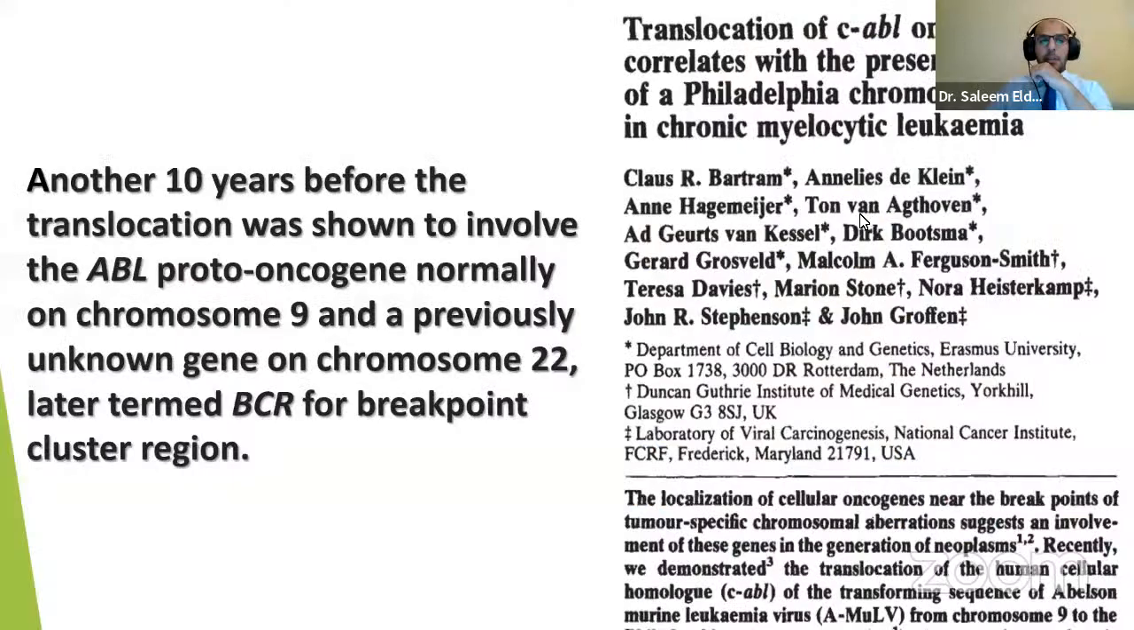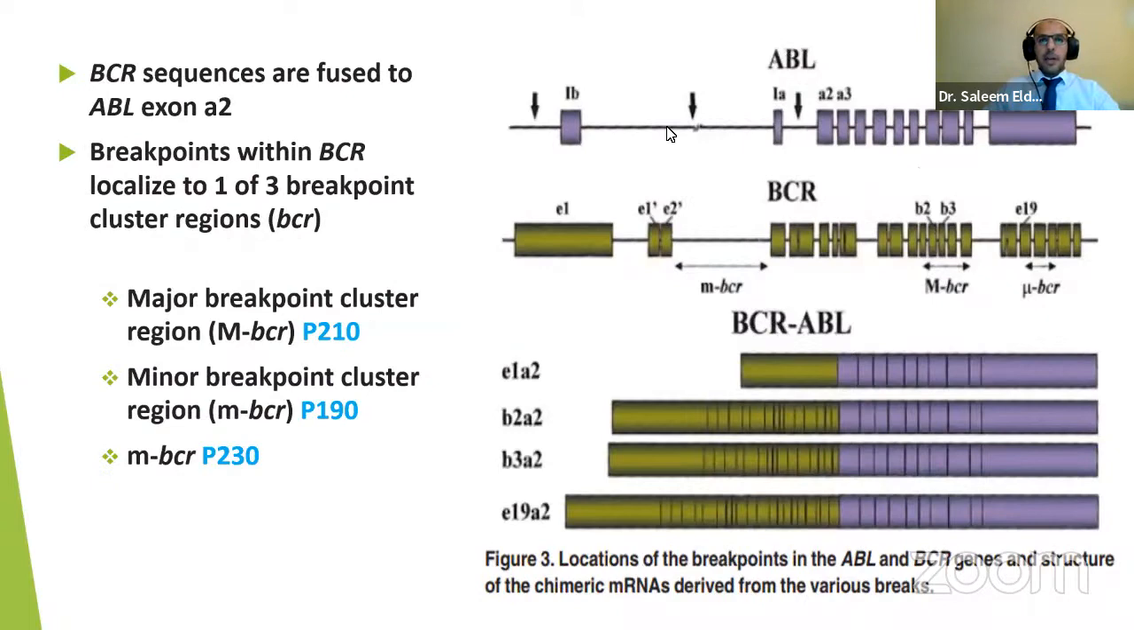chromosome 9 and a previously unknown gene on chromosome 22, later termed BCR for breakpoint cluster region. So the BCR sequences are fused to the ABL exon A2, and the breakpoints within the BCR gene localize to one of three breakpoint cluster regions. The major breakpoint cluster region, as you can see here,